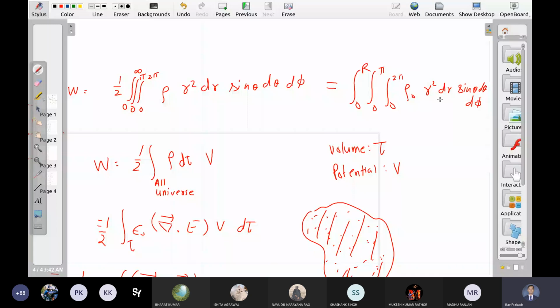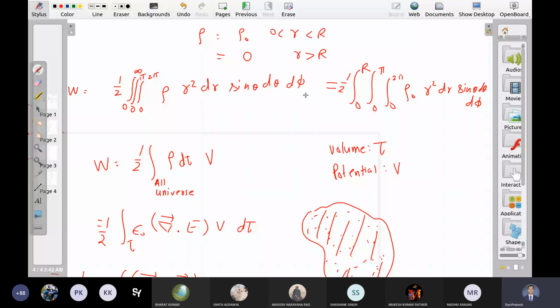No, sir. Firstly, sir, you missed 1 by 2, I think. 1 by 2, right? See, what is charge density? Rho is equal to rho naught when r is from 0 to R. Is there charge outside? No. Rho is equal to 0 for r greater than R, right? So either you put rho naught inside and integrate from 0 to R, or you put general density inside and then you can integrate from 0 to infinity. Obviously, as you go beyond capital R, this term is 0. So your answer will still remain same.